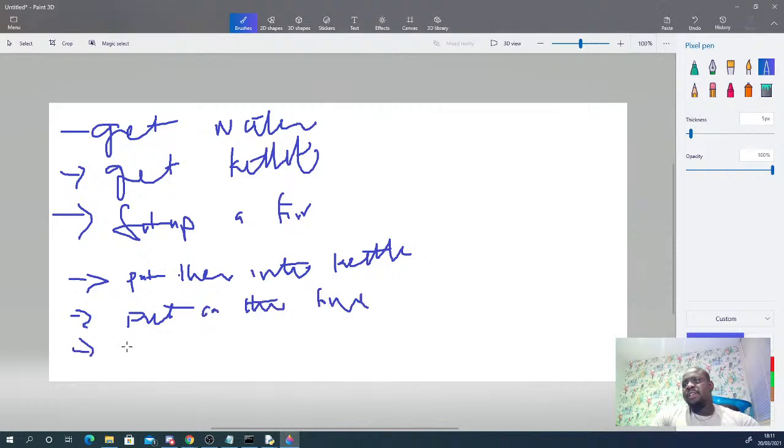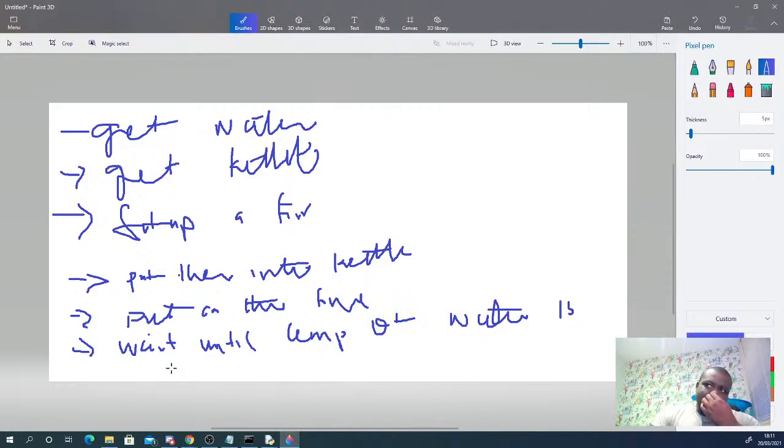So you can say, wait until the temperature of the water is 100. So this wait here, actually you just defined what we refer to as a looping application,